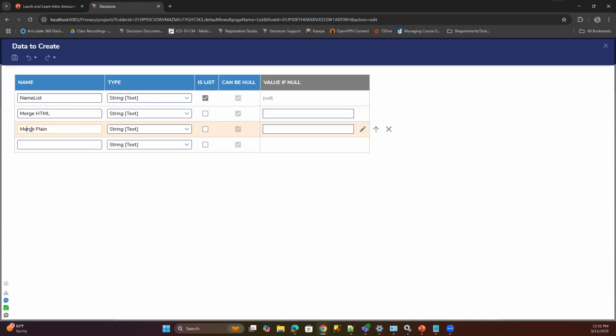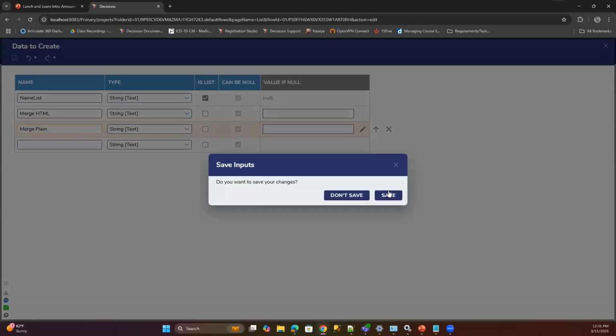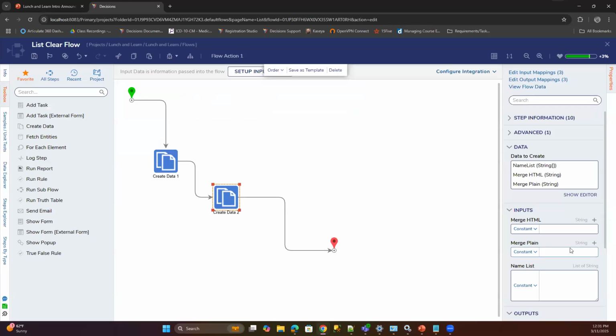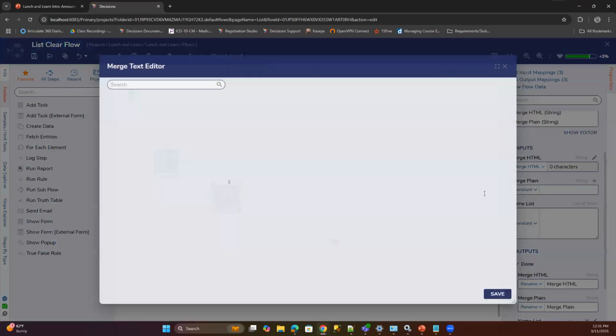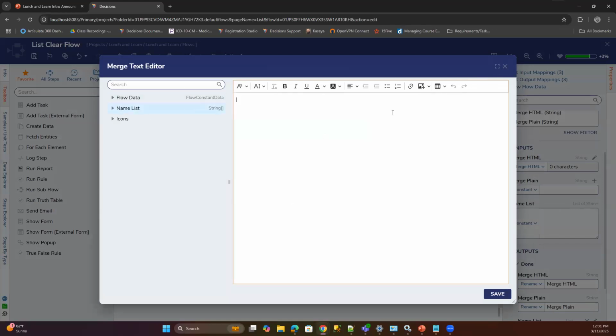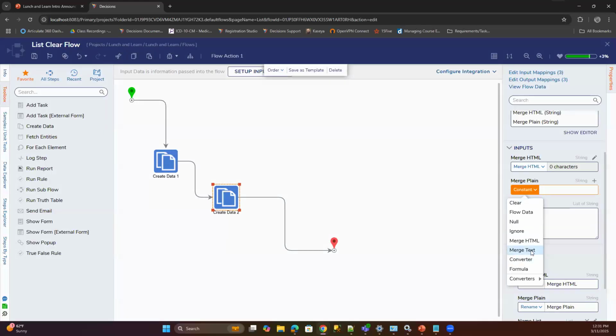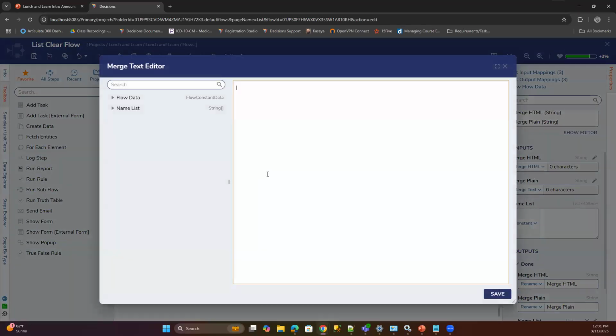It's really pretty simple. I'm just going to do a quick demonstration to show the difference, but it's more like the options that you have. So with merge HTML, when you're building it out, the designer looks very similar, right? I've got merge HTML, with the stuff on the side and the box that you're typing in. For merge plain text, it's the same thing, but you'll notice in merge text I don't have that option up here at the top to adjust any details about the information that's getting passed in because it's merge plain text.